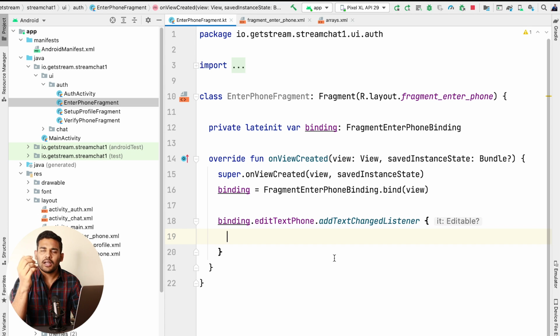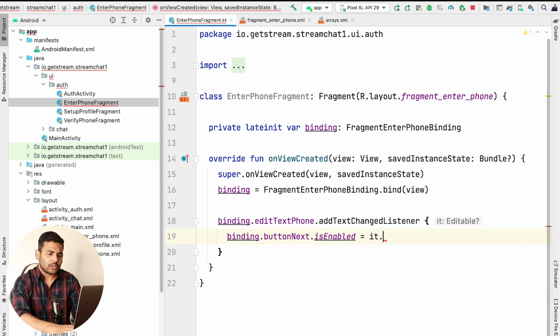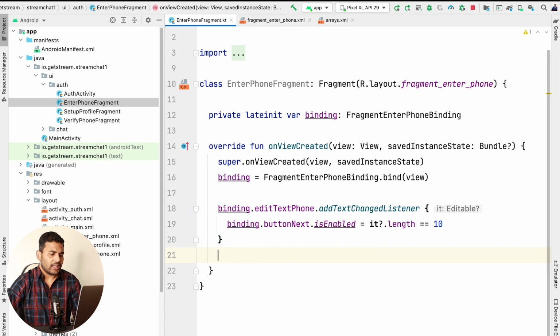For any other case, I will disable the button. So here I can write binding.buttonNext.isEnabled equals it.length equals 10, and it is nullable here, so I will put a null safety operator here, and that's it. Now if I enter 10 numbers, the button will be enabled. So that's it.